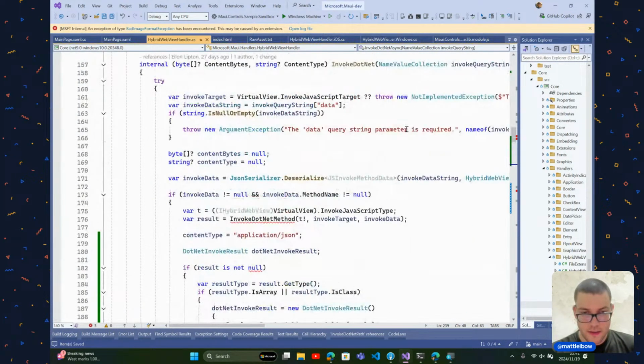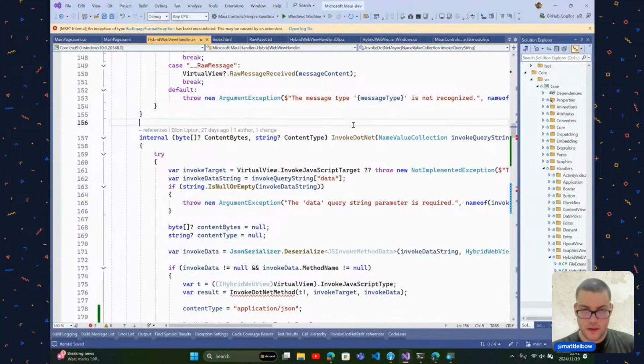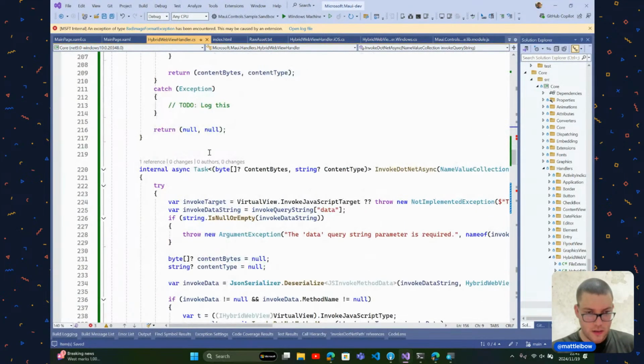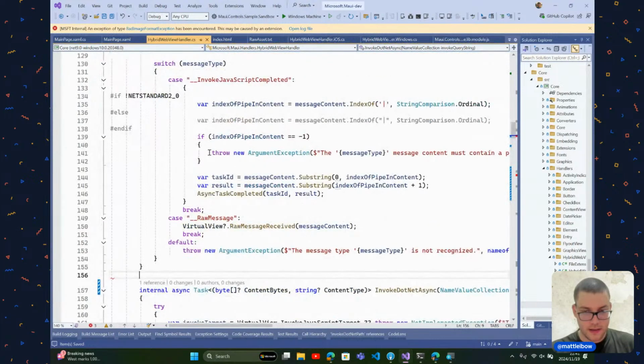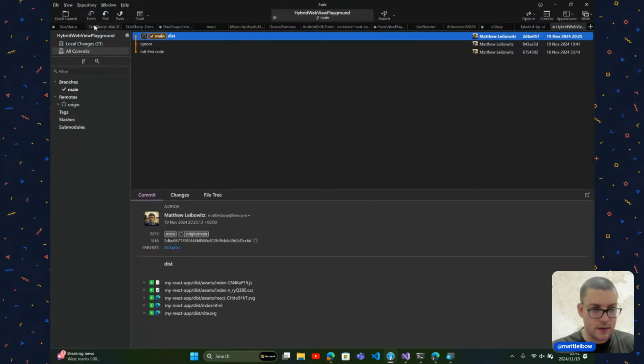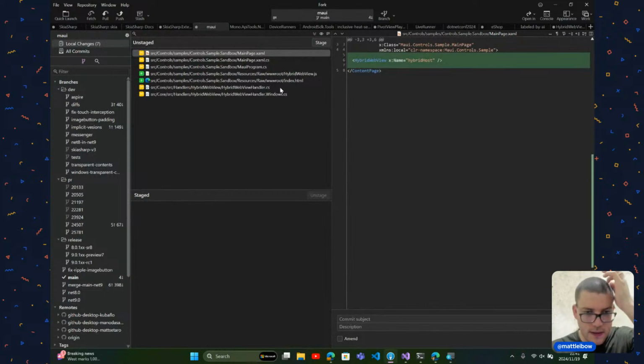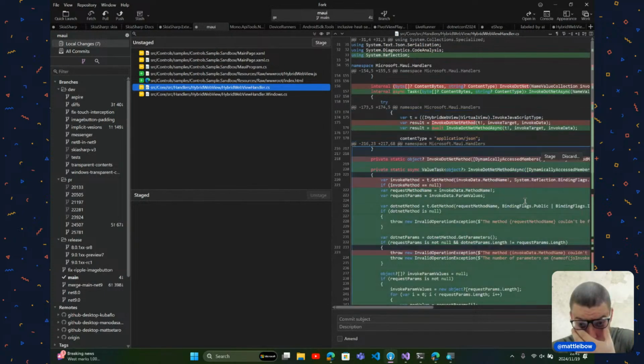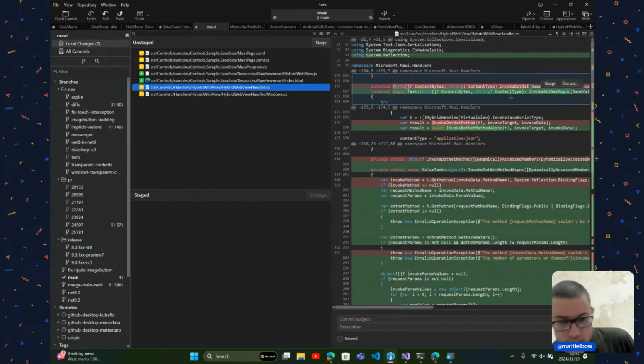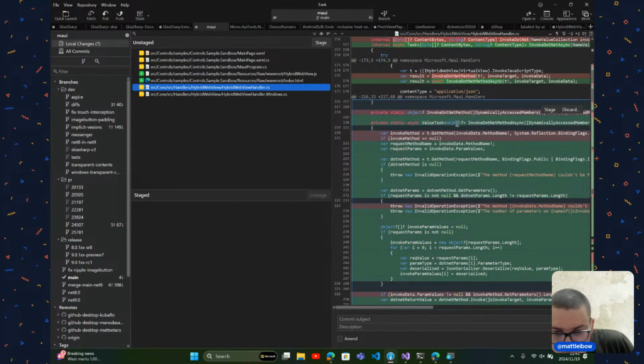And over here, this is invoke.net. This was the old method. You know what? I'm just going to say no. We're going to delete that. Cancel that. Let's go here to MAUI quickly and see what our diff is. Content type, content bytes is internal. Await this and